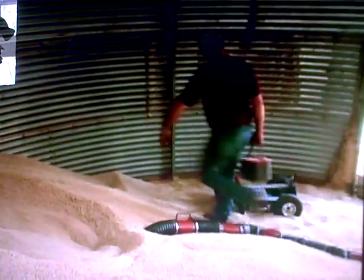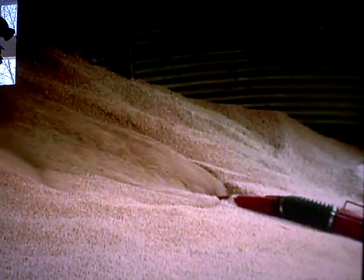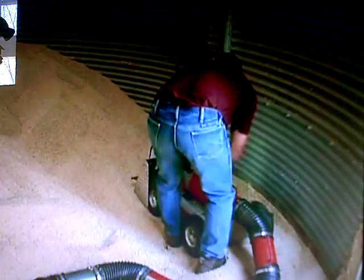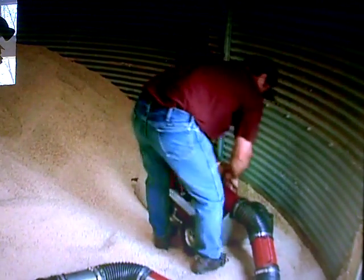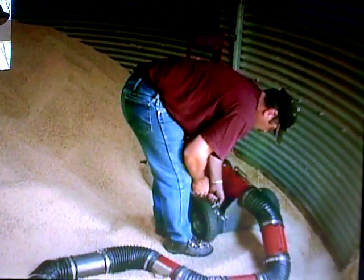Keith Ramsey uses a 12-volt dry cell battery to power the unit. He says he can do up to 5 bins with one charge. Since he has a Walinga grain vac with a 5-inch hose, he uses a 5-inch Ultracart flex hose. As soon as we hooked the cart up to the hose,